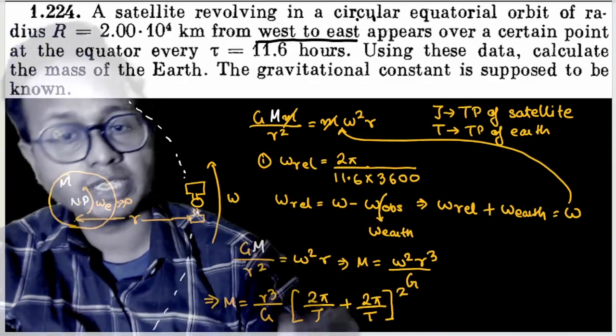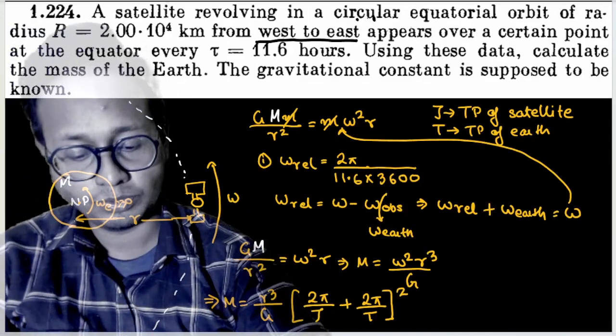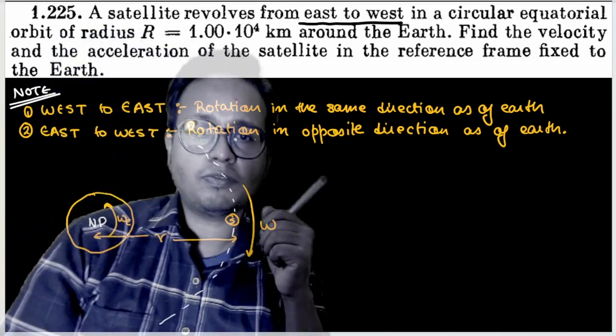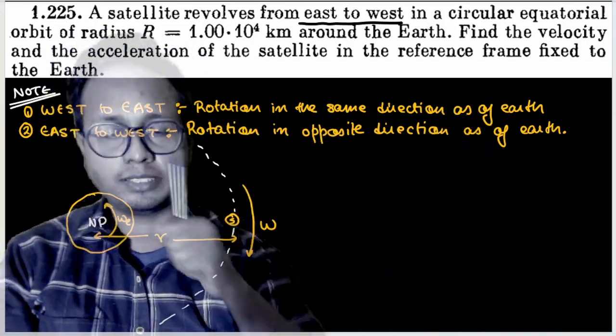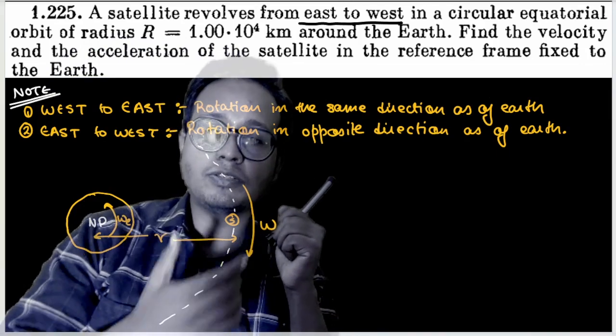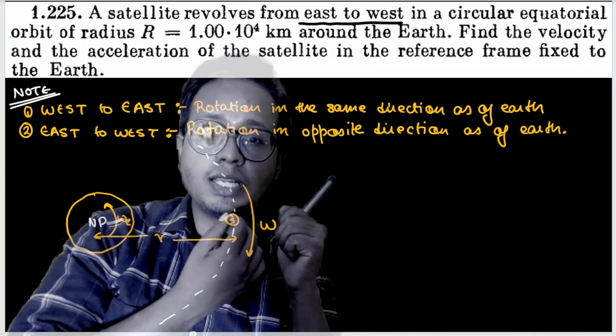In the earlier question, it was rotating in the same direction as Earth. In this question, the satellite is rotating in the opposite direction to that of Earth. Find the velocity and acceleration of the satellite with frame fixed to the Earth. So the first thing you have to do is find the angular velocity